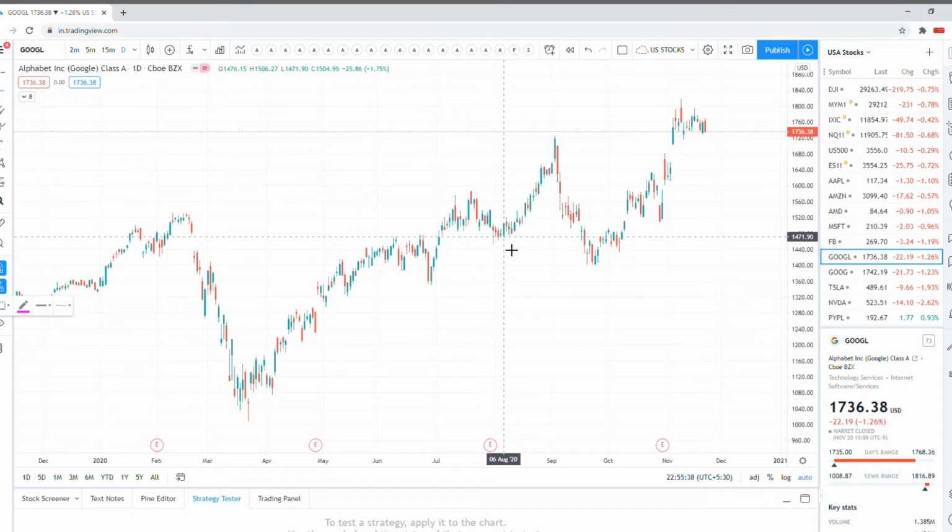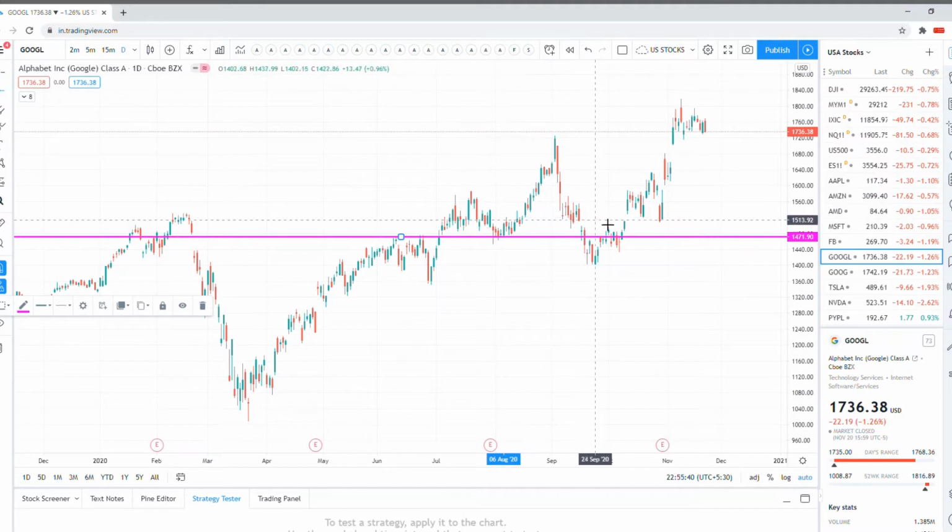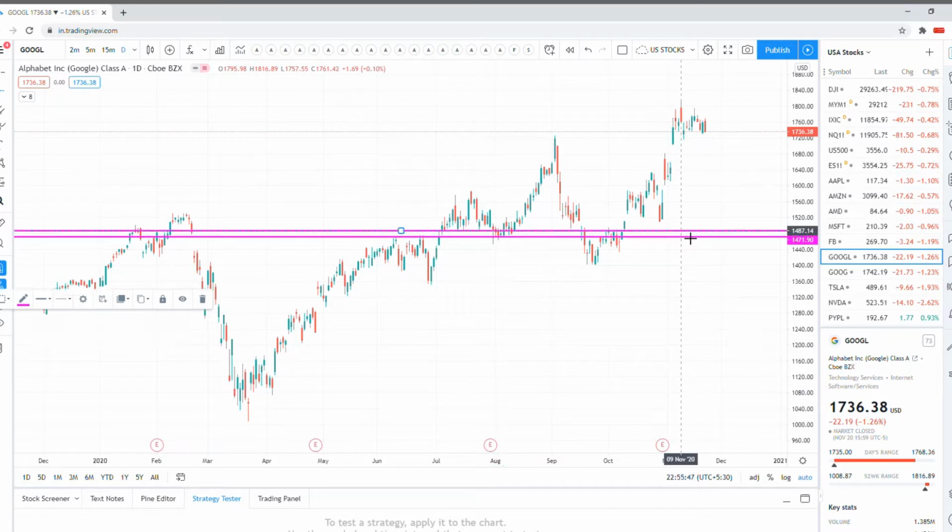Yeah, this is one support and resistance line. This is a very good support zone for Google. So if you get it at 1487 or 1470 range, 1470 and 80 range, that's a perfect buying zone for Google Class A. Don't hesitate in buying at this level if you ever get it for any reason, any weakness